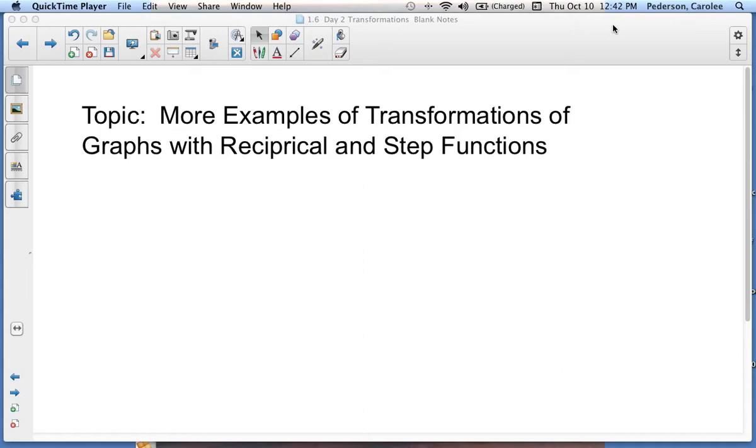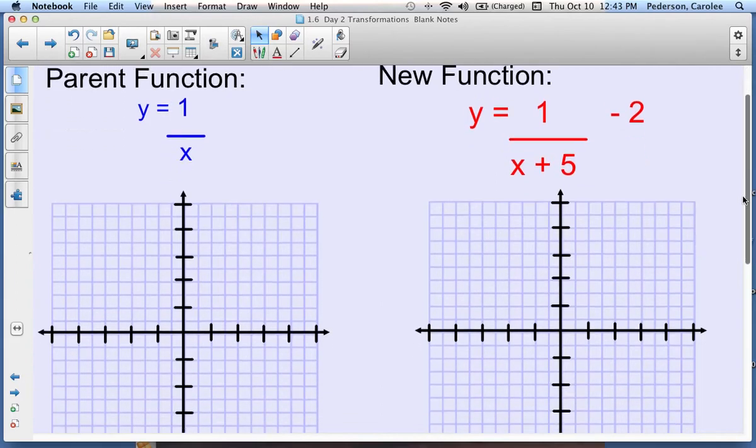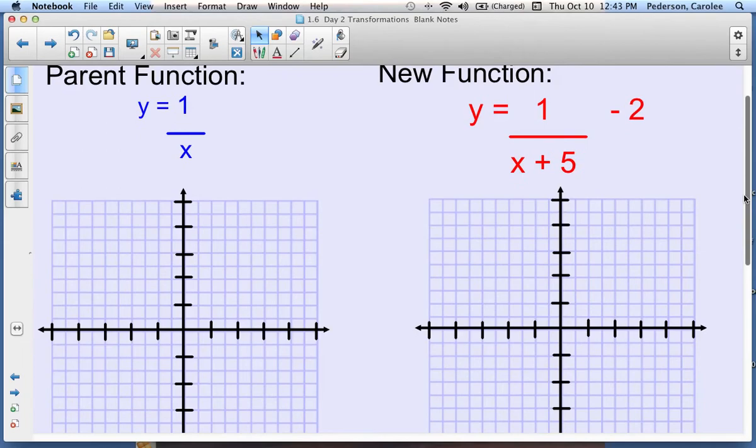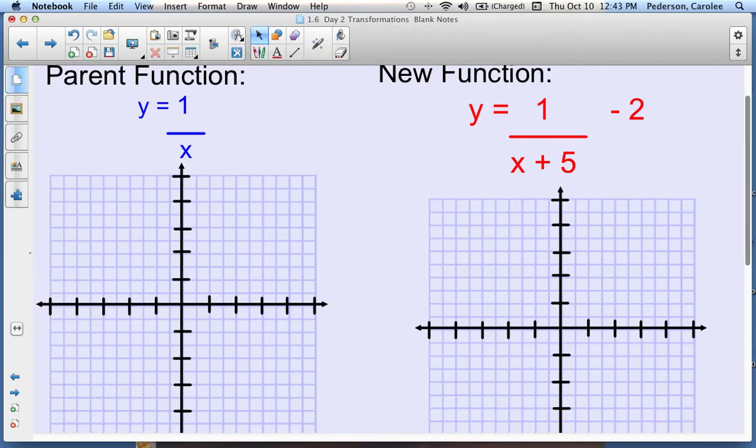This topic is more transformations with the reciprocal and step functions. We have the parent function for the reciprocal function and then a transformation. So I'm going to graph the first function. If you remember the first function, when you have a reciprocal of its parent,